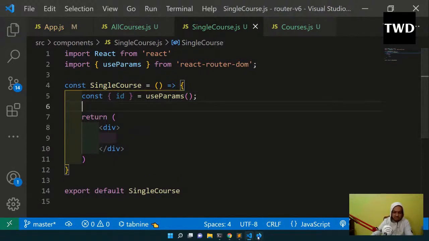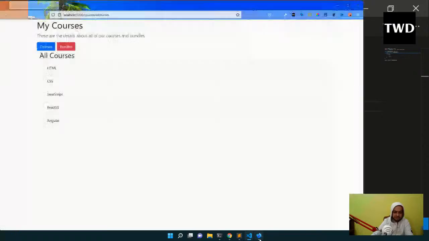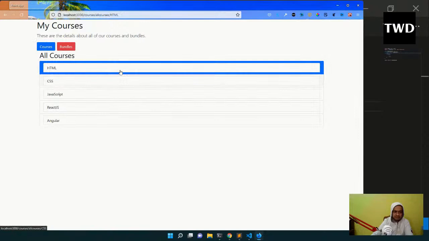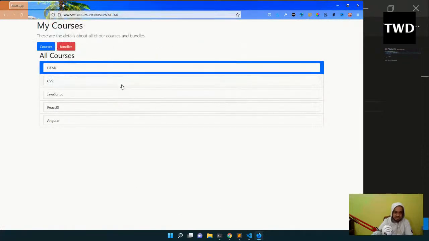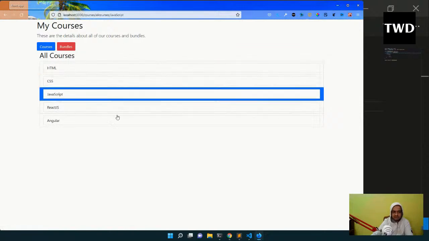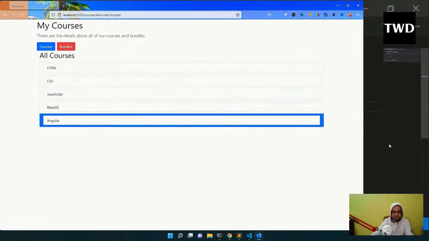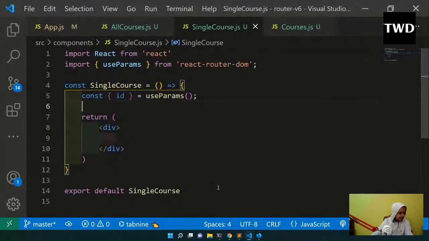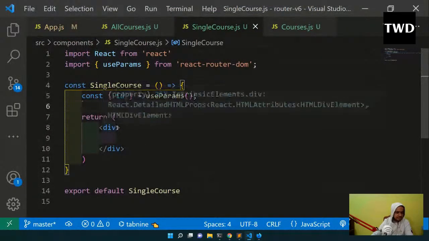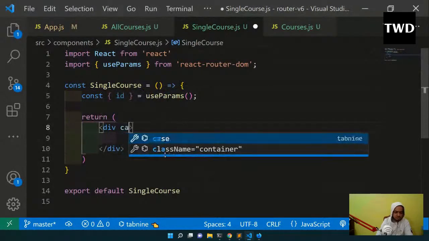Let me see whether everything is coming right now or not. So this is coming like this. If I'm clicking it, I'm getting this HTML. So this is where I will show this. This is working fine. The id I'm making as useParams, and there what I'm going to do,